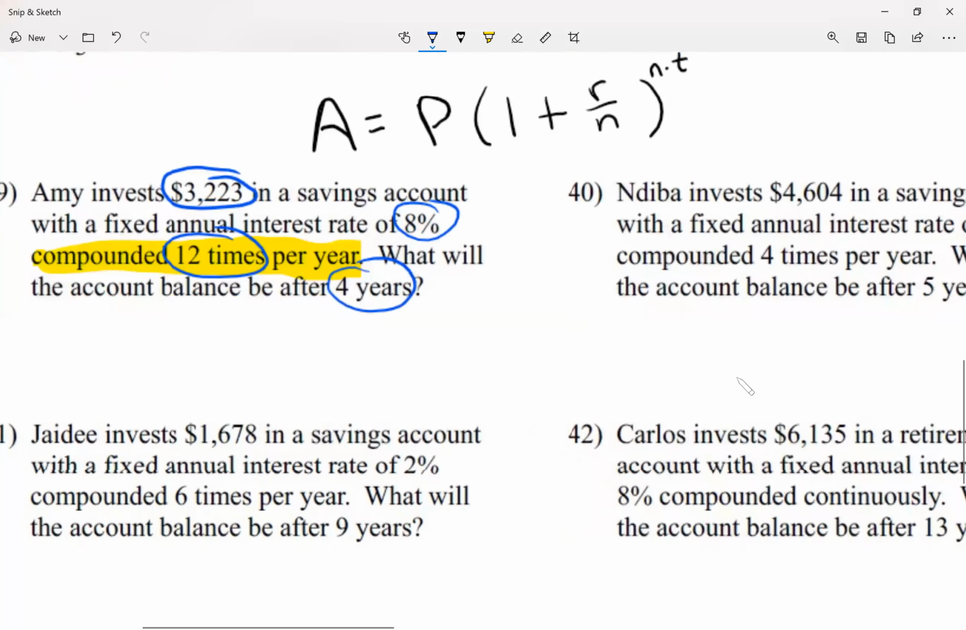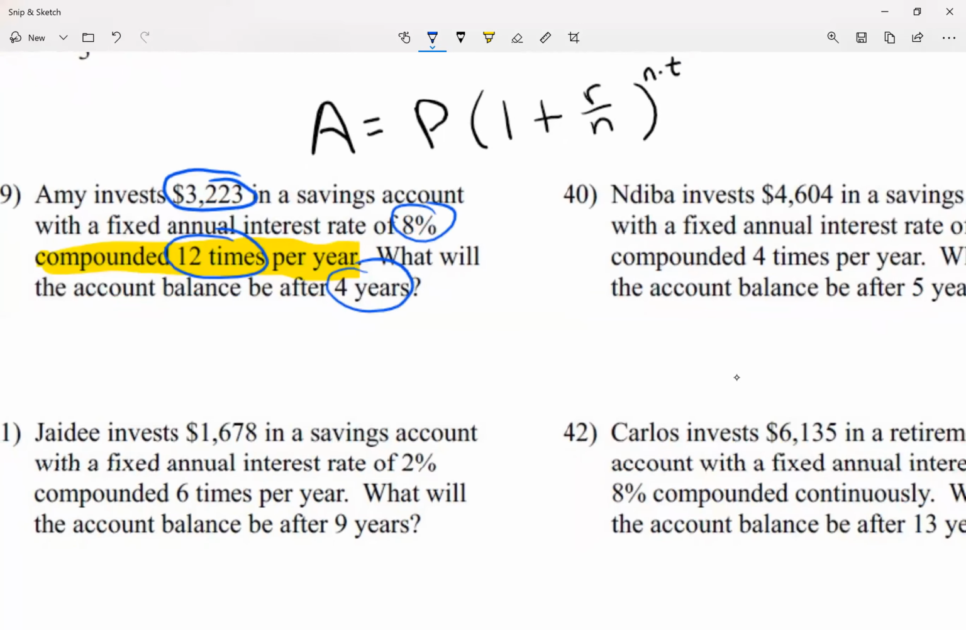So I'm going to say the amount. For right now, it says A, the amount of money she will have. So what will be the account balance? That's basically what I'm trying to solve. It is going to be 3,223 times, inside my parentheses, 1 plus. Now my rate is in percentage, 8%. I'm going to write it as a decimal. So I'm going to write that as